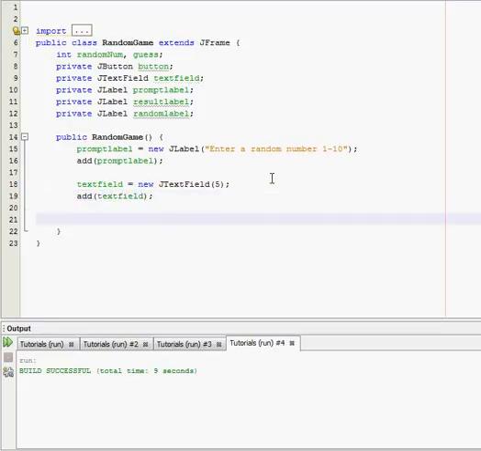Now we need a button. So button is equal to new JButton, Guess, that's the button has a value of guess. That's what it's going to say on the button, so the user knows what to click. And then add button. Now we still have this result label and prompt label, but these are going to actually